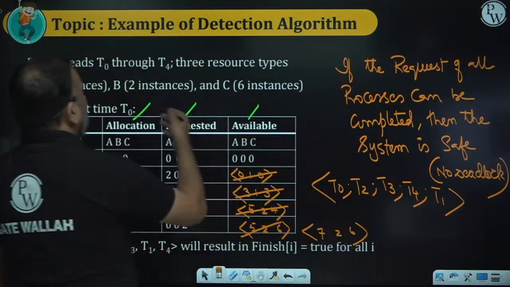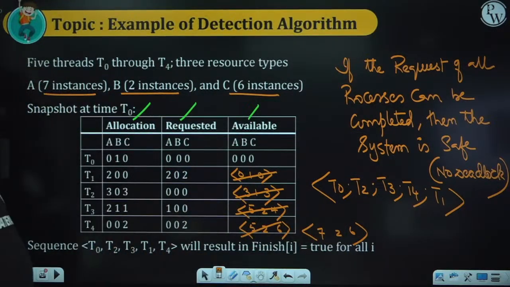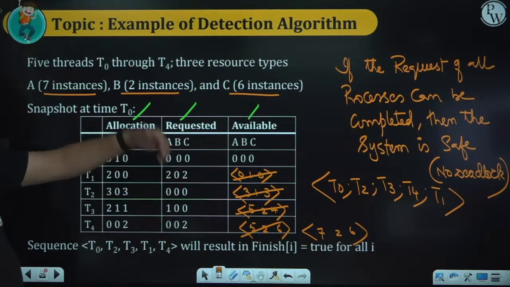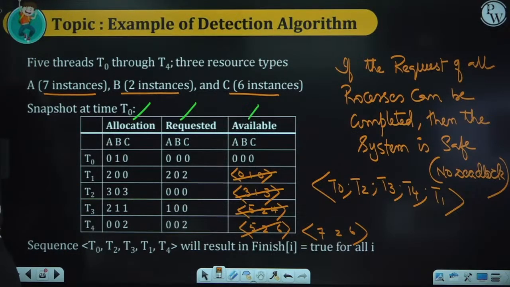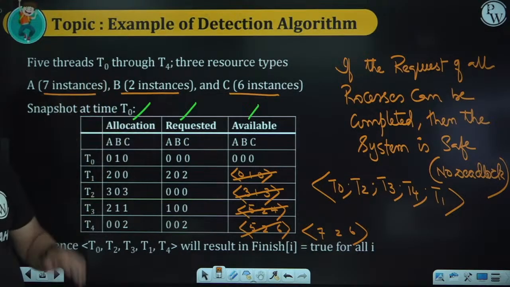Total number of copies of ABC are 726. Look at that, 726 I got back. So I say system is safe, there is no deadlock. तो हम बोलेंगे there are 3 blocked processes, majority are blocked but still there is no deadlock. This is how it works, just like safety algorithm। अगर ये रिक्वेस्ट कोई ऑर्डर में आप सेटिस्फाई कर पा रहे हो सिस्टम इज सेफ, अगर नहीं कर पा रहे हो सिस्टम इज इन डेडलॉक, एज सिंपल एज दैट,